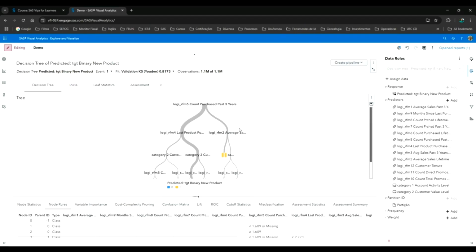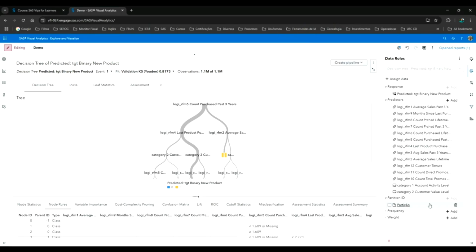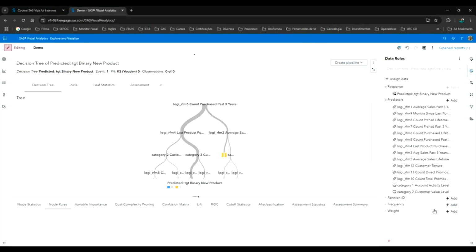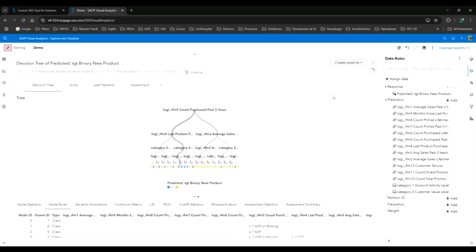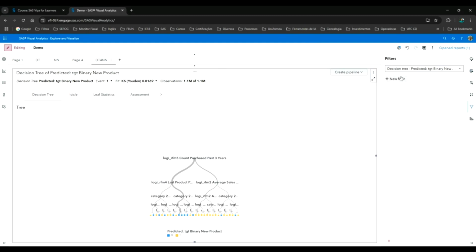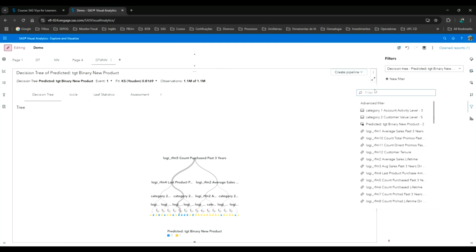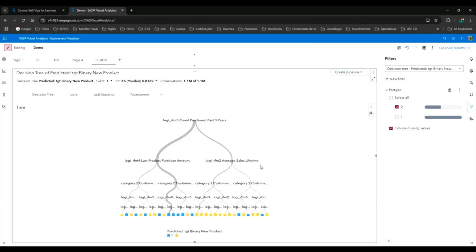It's better if you ask, for example, for a filter. I will remove the partition here, just a minute, and I will filter this model. I will filter with just the validation partition. Okay.